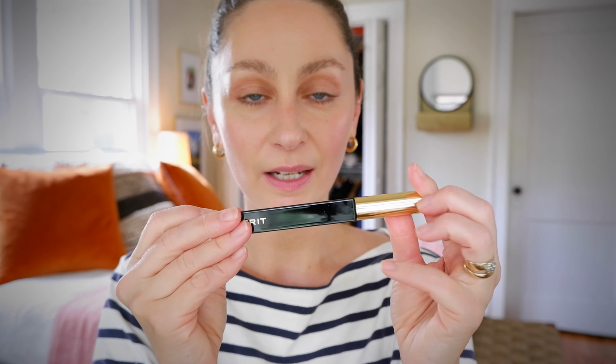So the next product I'm going to be using is their Clean Lash Lengthening Tubing Mascara. This is in the shade Perfect Black. Typically my jam is the Ilia mascara. So we're going to try this out. This looks like a really typical wand. There's no overpowering smell at all. So I'm just going to go in like a